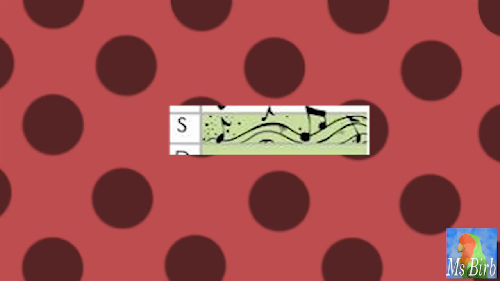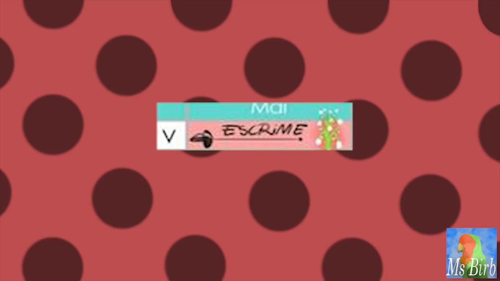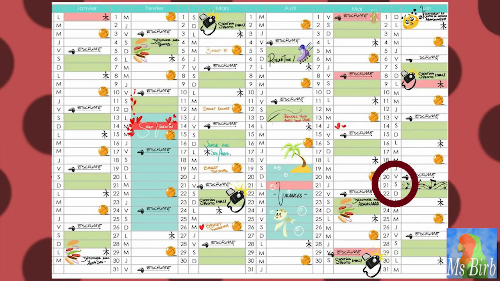There's a musical date here, one with a heart, and another green glowing one that's really weird next to the fencing date here. We can easily guess that the music one is probably a concert of some kind, and the heart must be some sort of romantic event. I have no idea about the green one though.